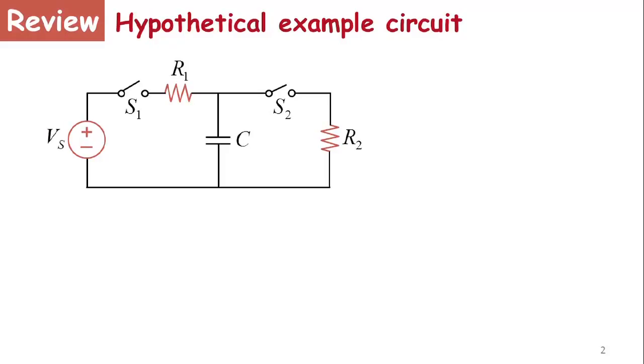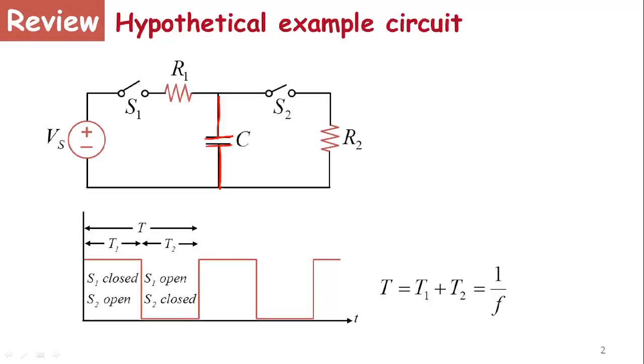So we looked at the following example circuit in the previous sequence, where I had a capacitor, and this capacitor was switched by two switches, S1 and S2. S1 and S2 operated such that they were never closed at the same time. First S1 was closed, and at the same time S2 was open, so that I would charge the capacitor. Then S1 would open and S2 would close in the second half of the cycle,